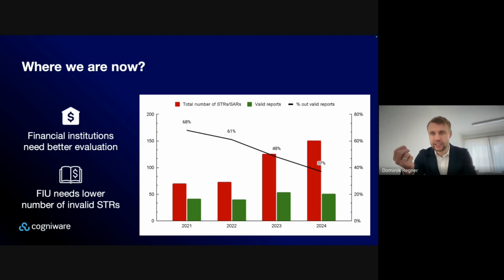For the financial institutions, such as banks, it shows that there is a need for a better evaluation before submitting the STRs and SARs, because nowadays, using the standard anti-money laundering systems is just not enough, as we can see on this chart. In short, the graph underlines a current problem. Too many reports that do not lead to real cases, and this makes it harder to detect the truly relevant and high-risk activities hidden inside the data.